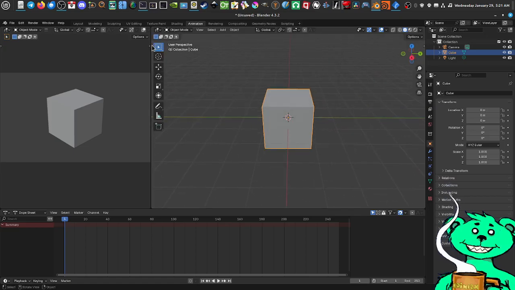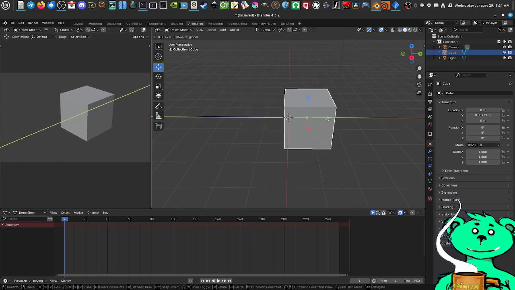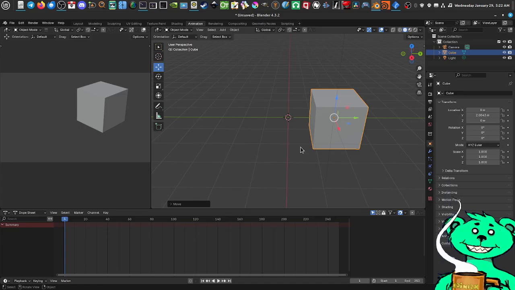So if we bring up our main toolbar here, and I click on the move icon, right? This allows me to move my object back and forth. But if you do it like that, there's no way that Blender is going to record it for you to play back. So in order to do that, you come here in your animation tab, in the main animation tab, and